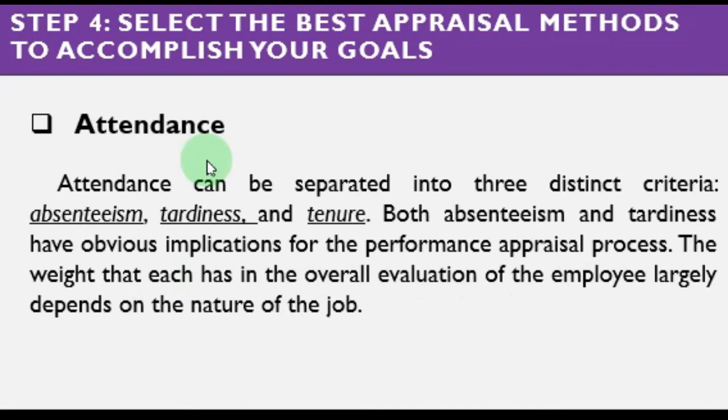Next is attendance. Attendance can be separated into three distinct criteria: absenteeism, tardiness, and tenure. Okay? There are a lot of factors why a person or an employee is committing tardiness, absenteeism, and such. Okay? We're going to talk about that in employee motivation also. But this is a great predictor if we would like to give appraisal to an employee. Titingnan natin kung absent ba siya, late ba siya,